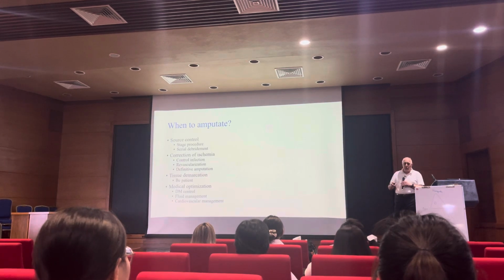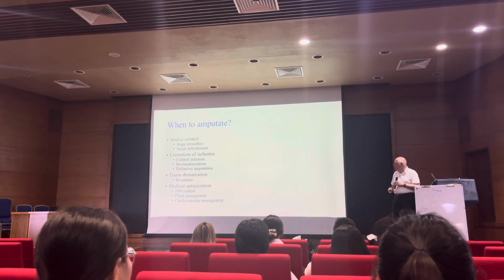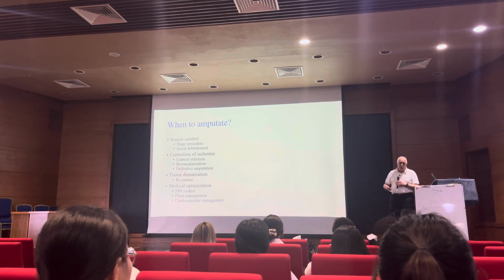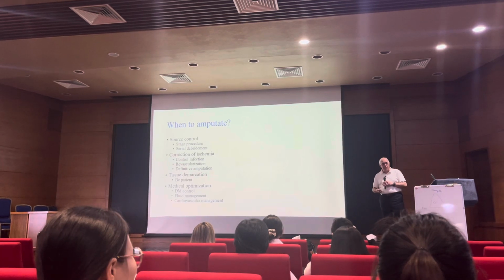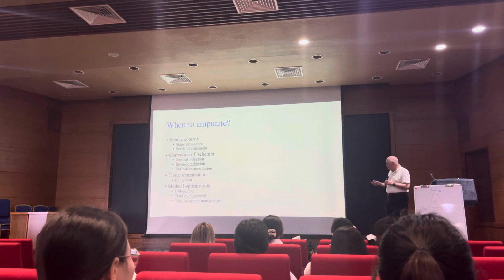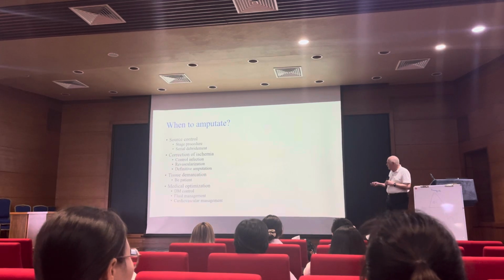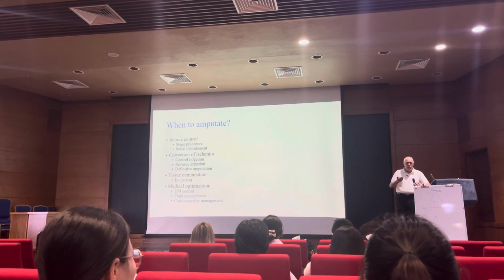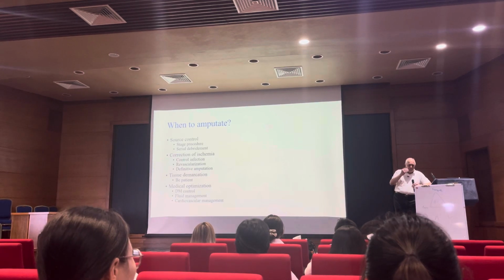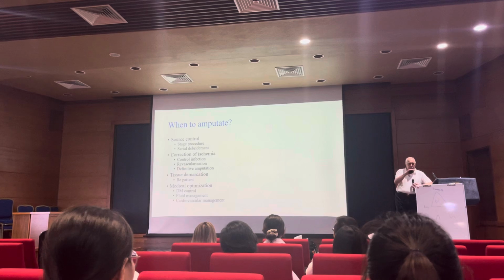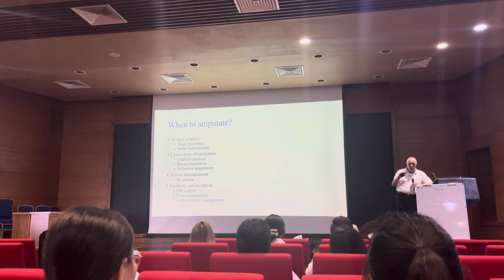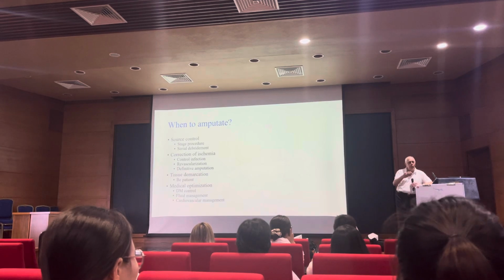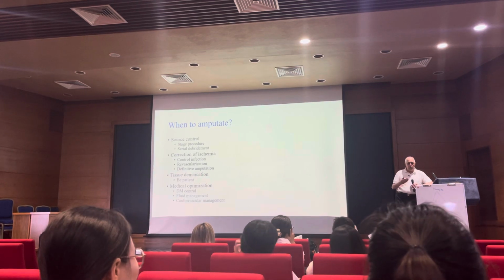And then after all that, you can go back and decide whether the foot is salvageable or whether they need another amputation. The most important thing, I think we talked a little bit about it today, you want to be patient. You want to let that tissue and the infection resolve. You want the tissue, the level of necrosis to define itself so that you don't go in and do an amputation or do more surgery too early, because then you're only going to lose more tissue at that point.